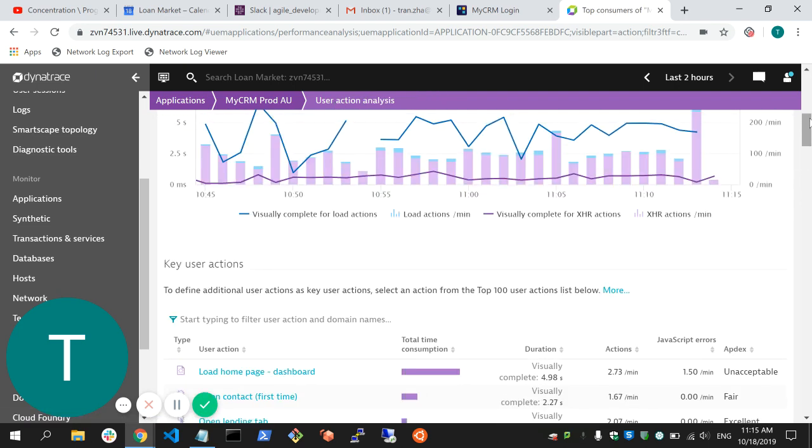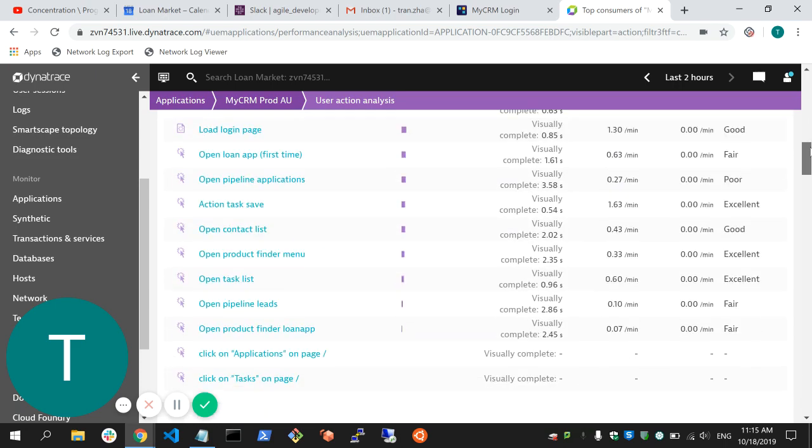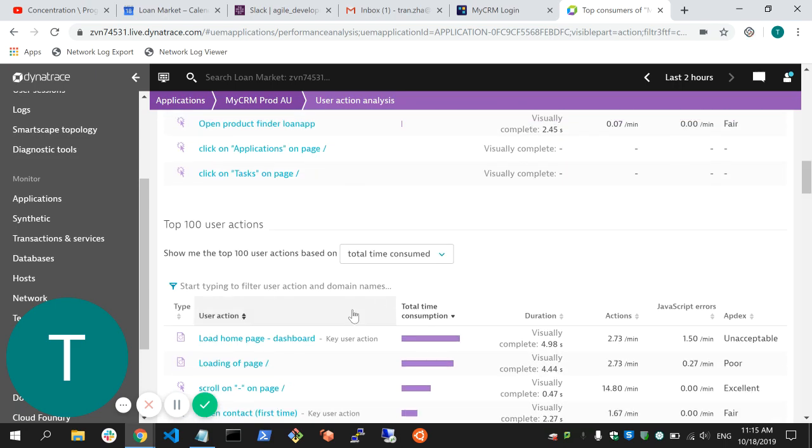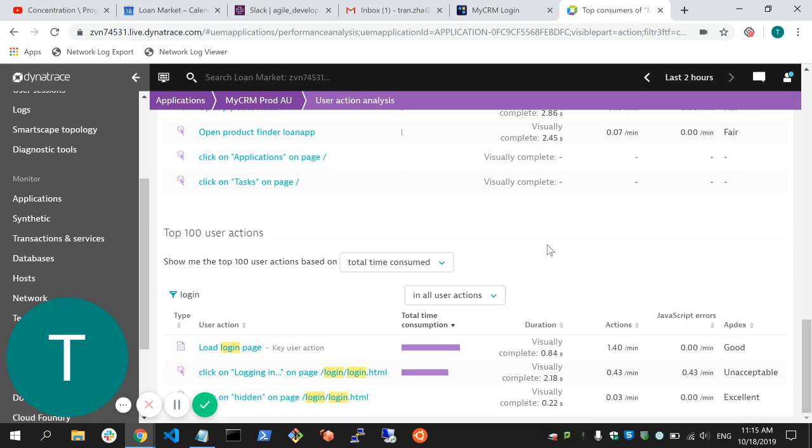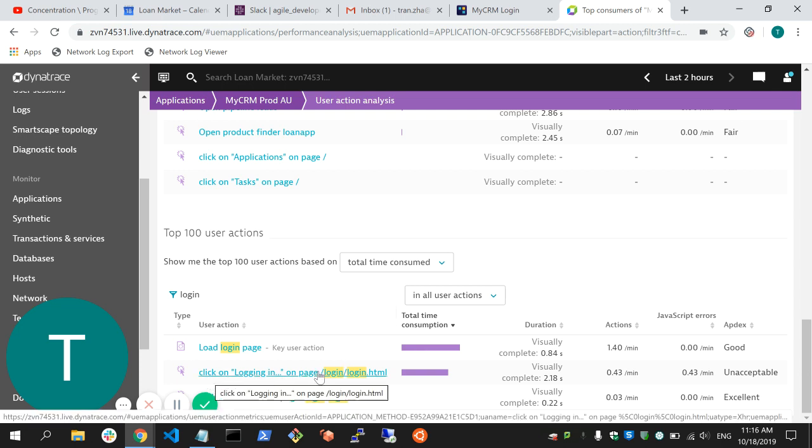So the way to find the login action is, you guys know better than me what is unique about login action, right? I'll just say login and try to filter everything. So top 100, change that to all user actions. Okay, let's see. So my gut feeling is that clicking on logging in is actually the user clicking on login